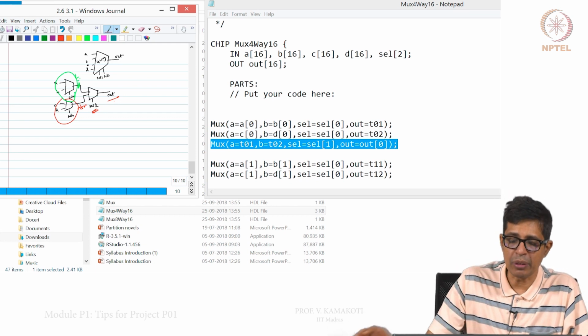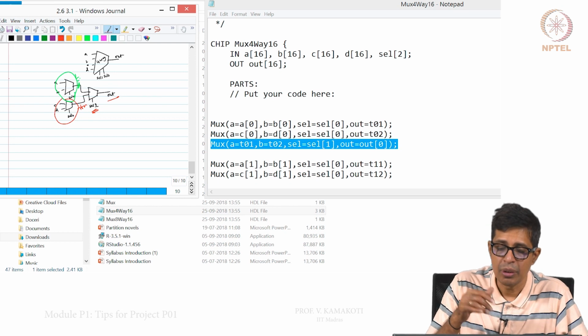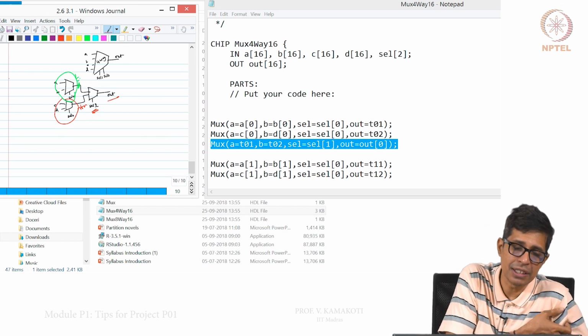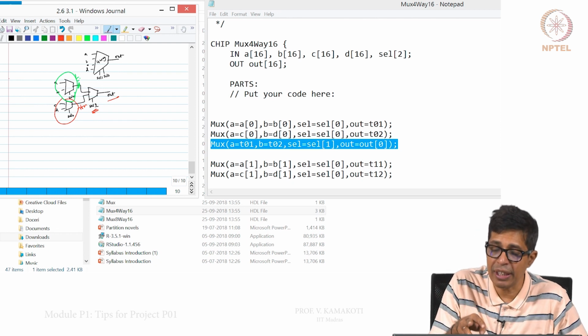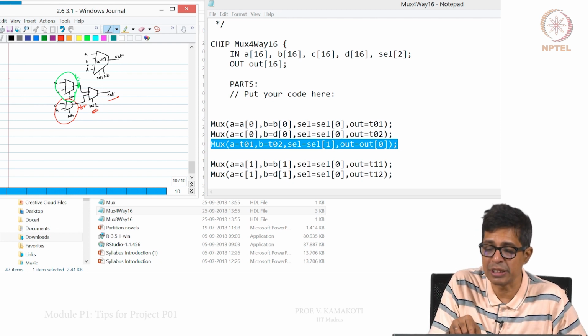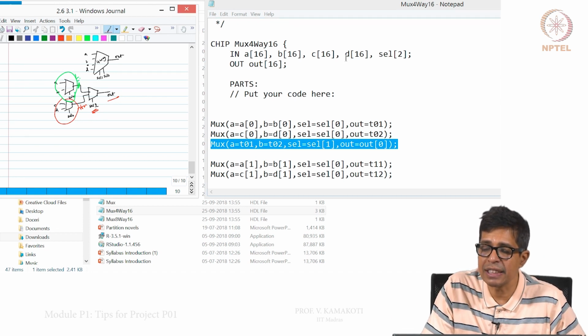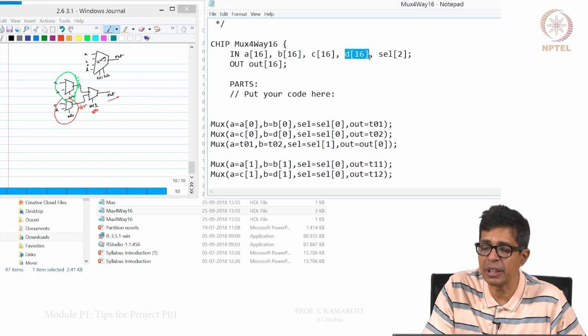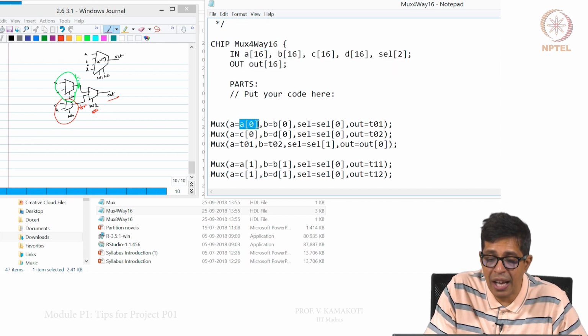This particular 4-way mux, we are now replicating 15 more times. For the first mux, A0 is the input, and so on for A0, B0, C0, D0, and sel 0, sel 1. I have declared a 16-bit input and a 2-bit select, and I can take part of those inputs.